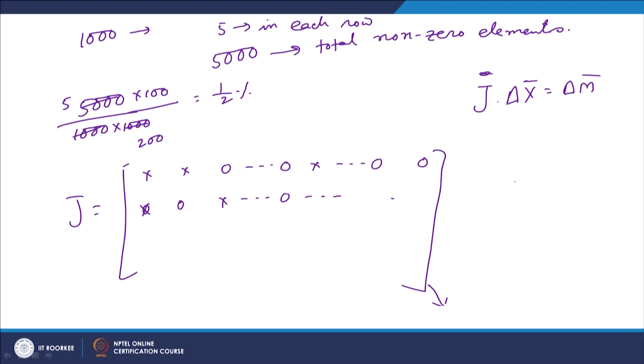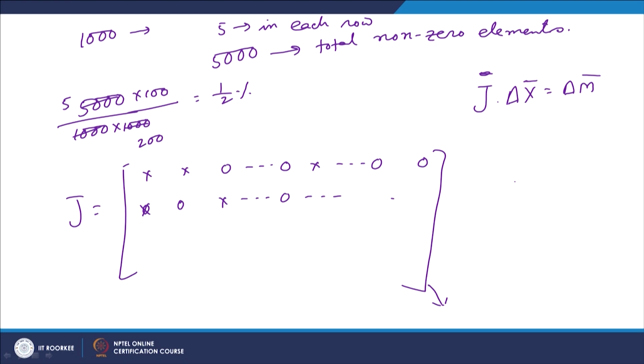Now, so far we have discussed that to solve this linear equation we have to take the inverse of this J matrix, but however, if we can exploit the sparsity of these matrices and then try to solve these linear equations,